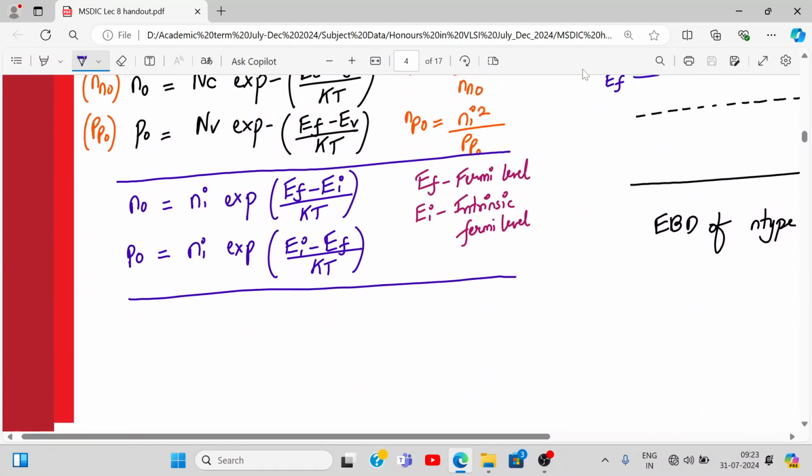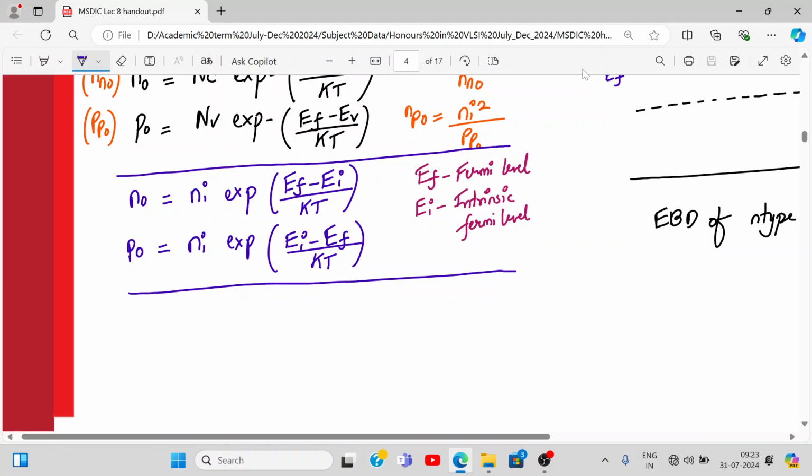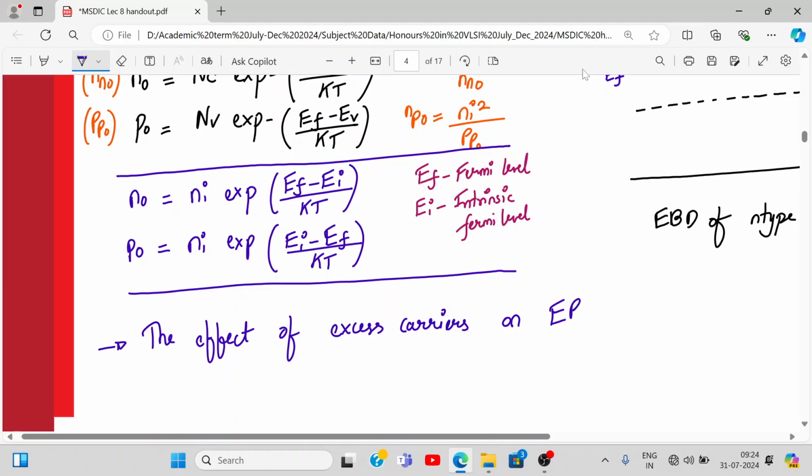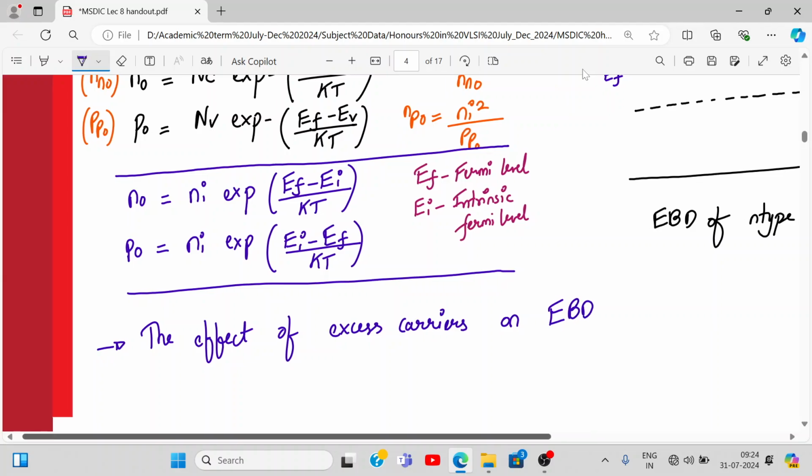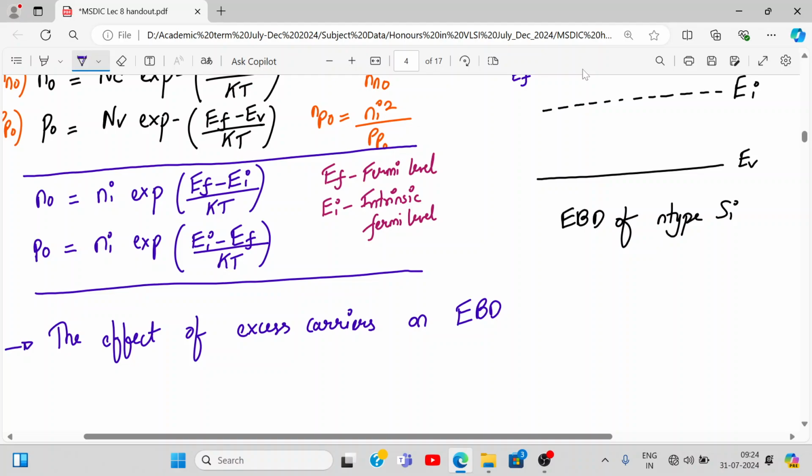So next, write down the effect of excess carriers on energy band diagram. The effect of excess carriers on the energy band diagram is